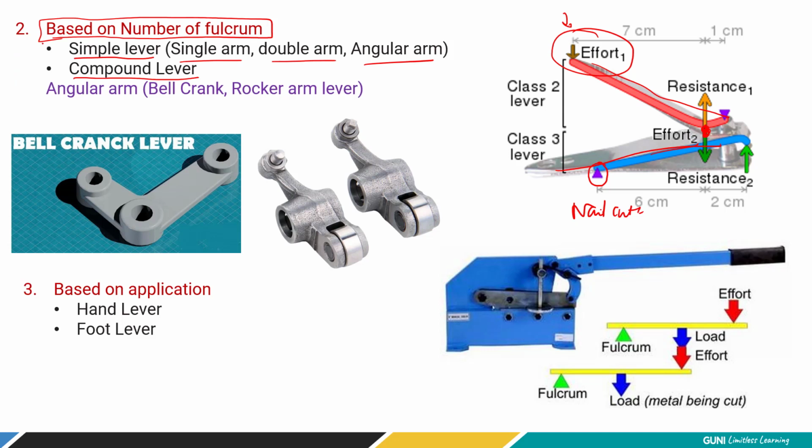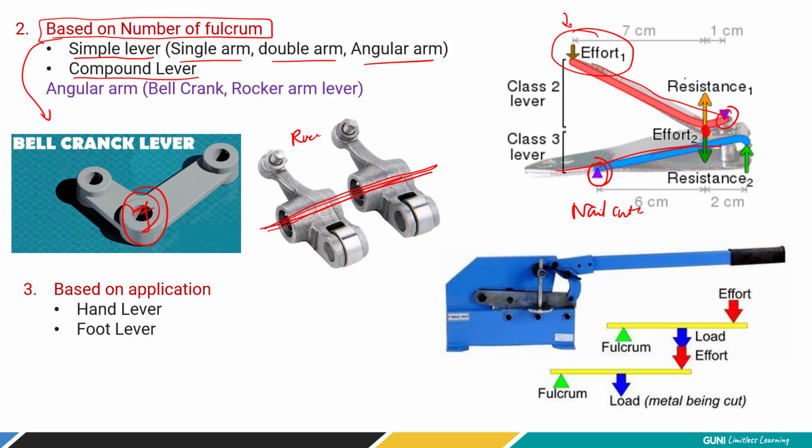Now in the case of a simple lever, what we have is one fulcrum. Just look over here. So this is again the rocker arm of an IC engine, right? So here we have only one fulcrum. In this case, it is again one fulcrum, right? But here we have one fulcrum, and a second fulcrum. So this is called a compound lever.